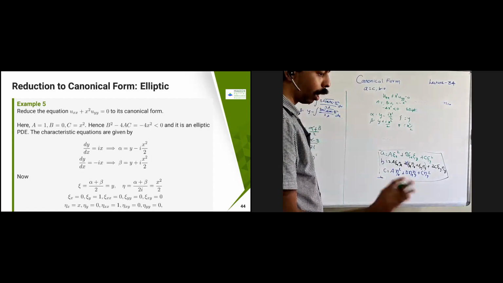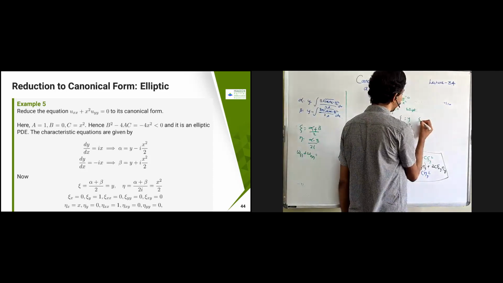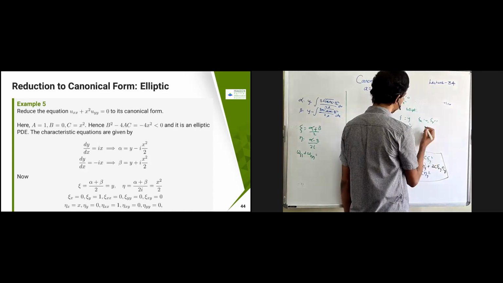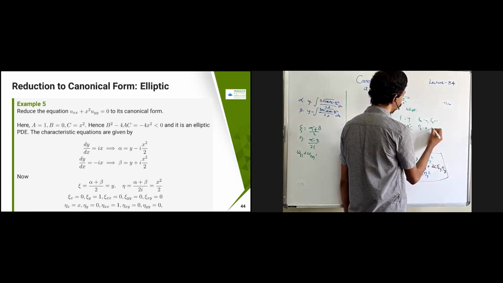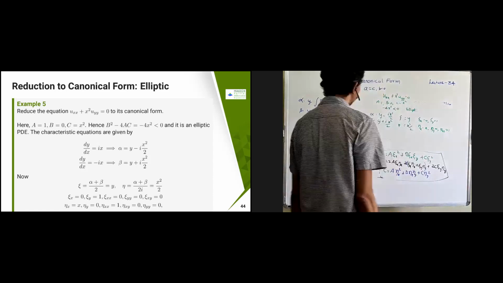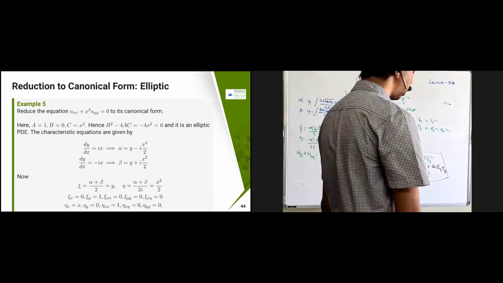So once again, you need to do all this job like what is chi x, chi y, etc. So chi x is going to be 0, chi y is going to be 1, chi remaining is going to become 0. Okay, eta x is going to become like x, eta y is going to become 0, eta xx is going to be 1, remaining all 0. Okay, so you can substitute the same way what we did in the earlier one.